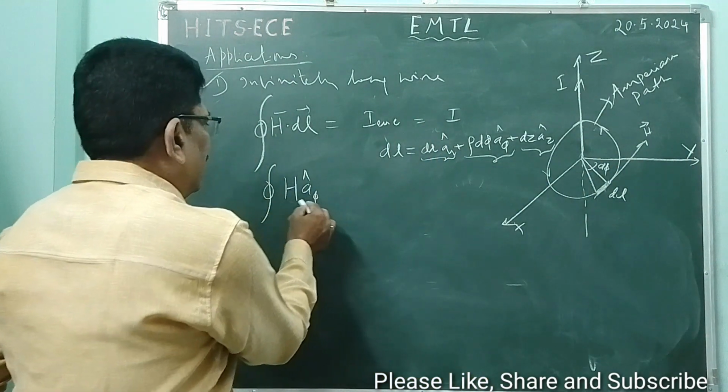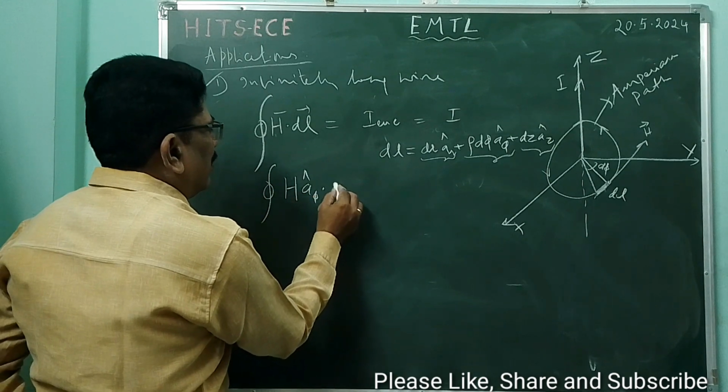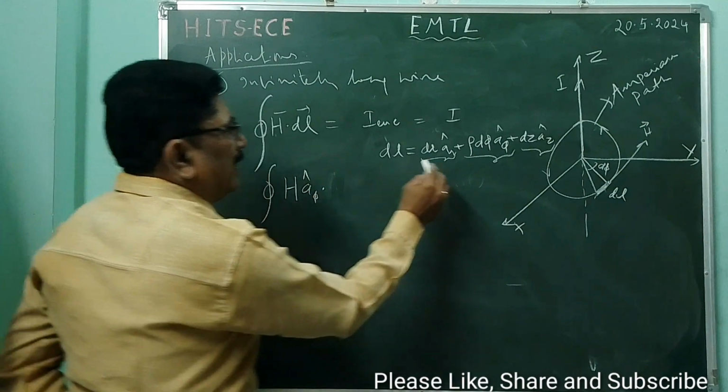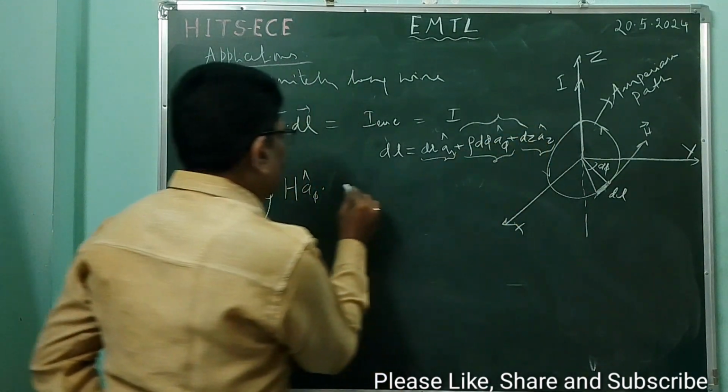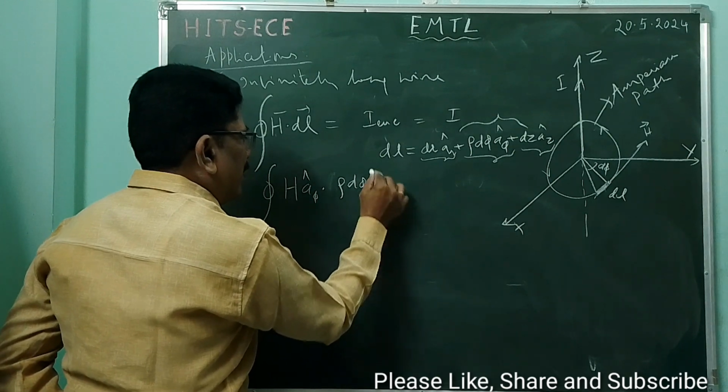H is H aφ cap, dot dL. What is dL here? dL is ρ dφ aφ cap,